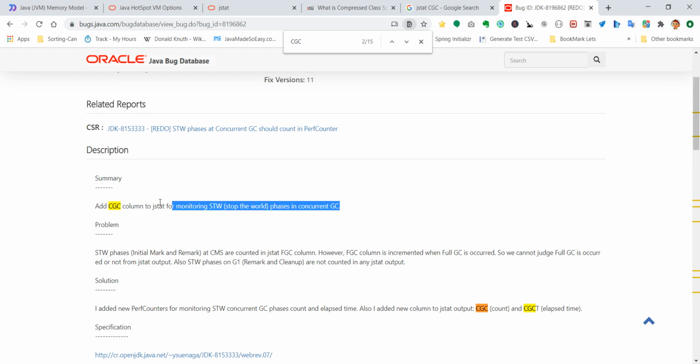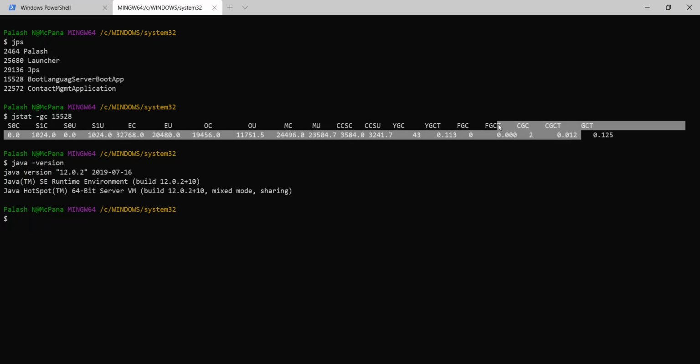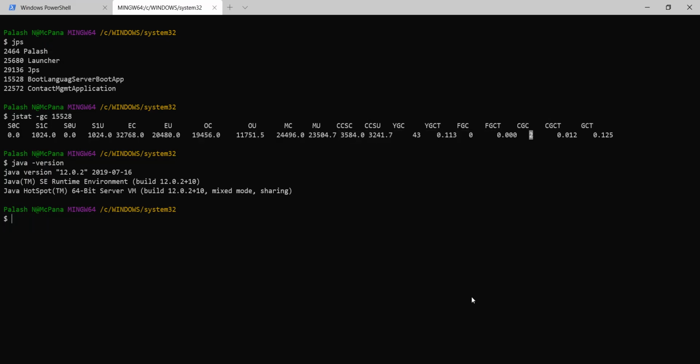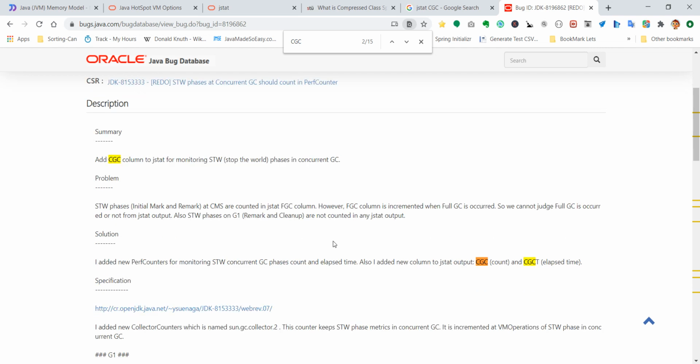So basically it checks the stop the world events that happened while the concurrent GC was running, that 2 stop the world events have happened on the concurrent GC, okay, not the full GC. Yes, so this is to differentiate between FGC and CGC.